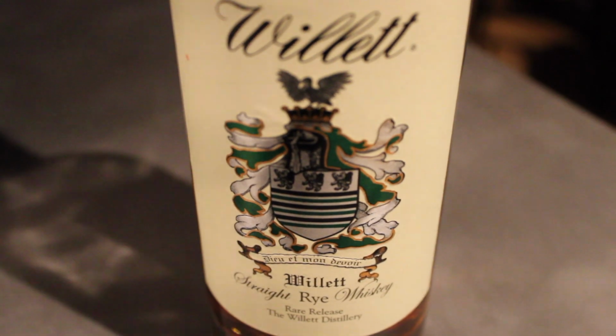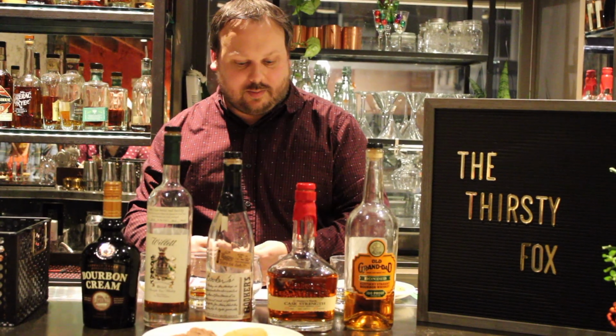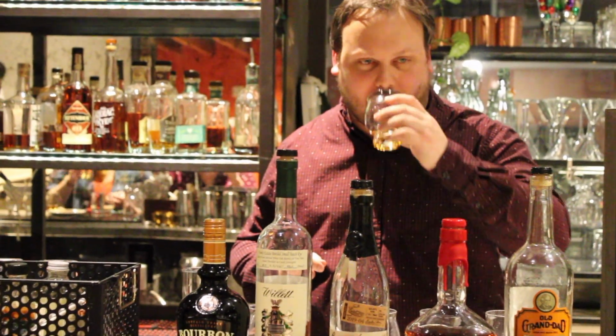Willet makes a lot of other products that you might have heard of, Rowan's Creek, Noah's Mill. We're going to have another class on that. But in this one, we are going to pair it with the Woodford cookie. All right, so for this one, going in on the nose,